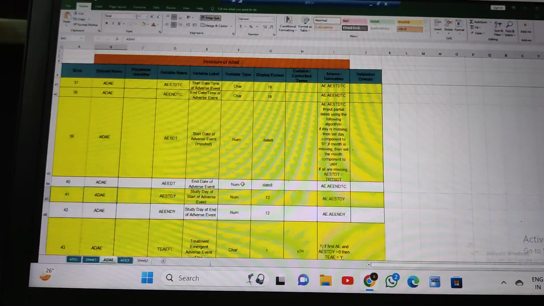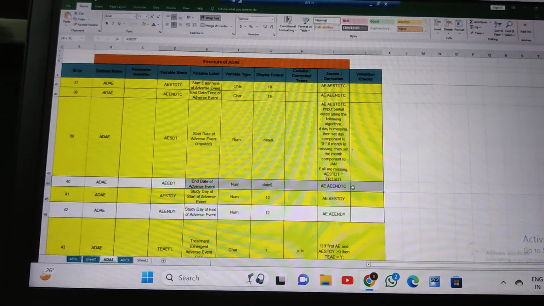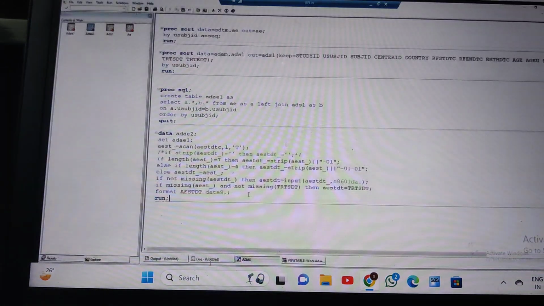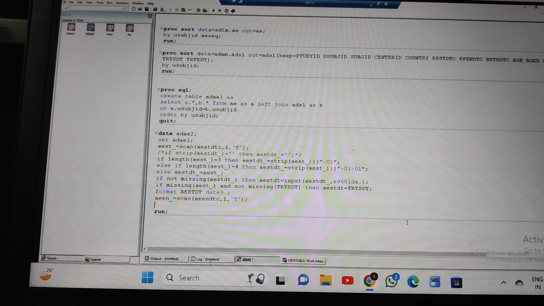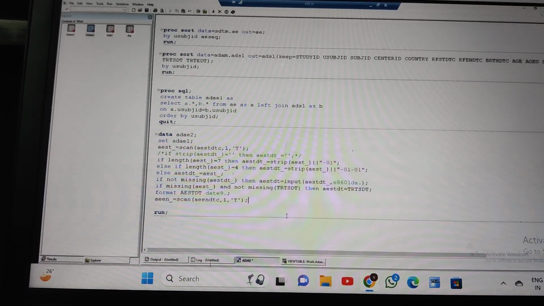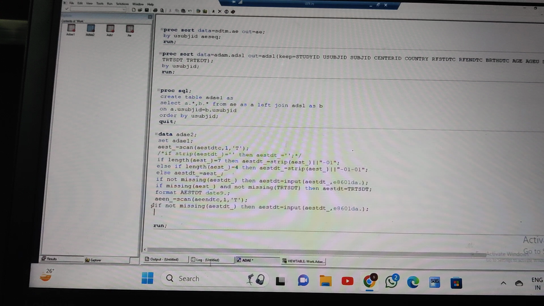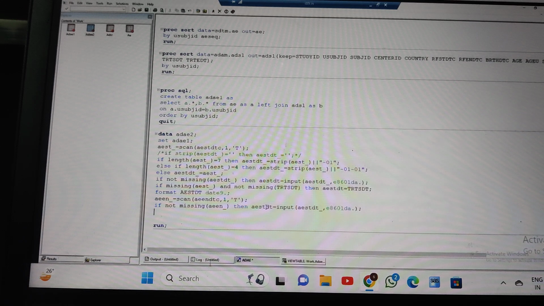So we can take it from the AEENDT. For now, I can take it as numeric, as per the specification. AEENDTC. Then you can convert it the same way to numeric. If not missing of AEENDTC, then AEENDT equal to